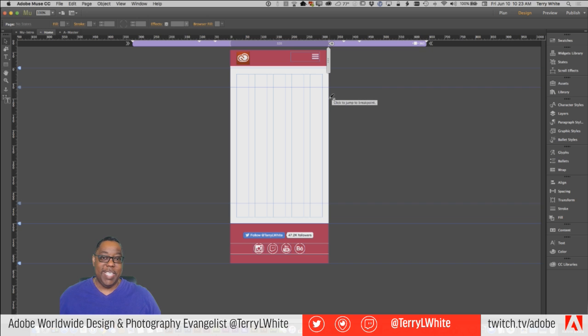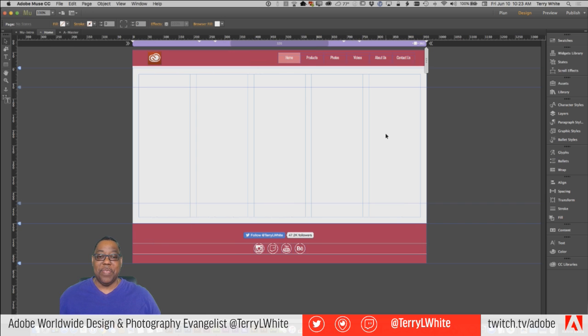I don't really like doing it that way. I don't know why. For me, it's a lot easier to design out this way and make it smaller if I have to, than to try and design small and then design out. It's totally up to you, but at the end of the day, it's really about making sure that it all fits all the way down to your smallest screen that you expect people to be looking at on your site. So at this point, let's talk about placing graphics, text, and widgets on your page.